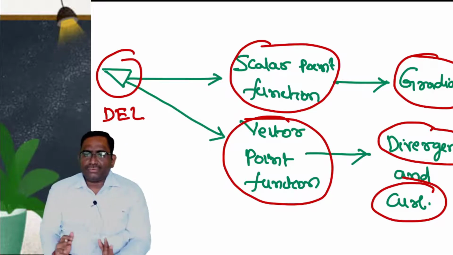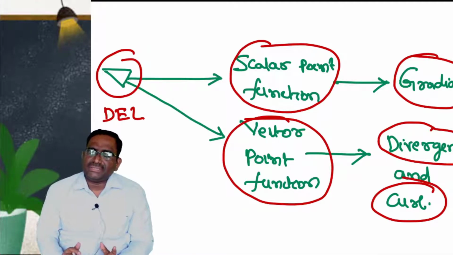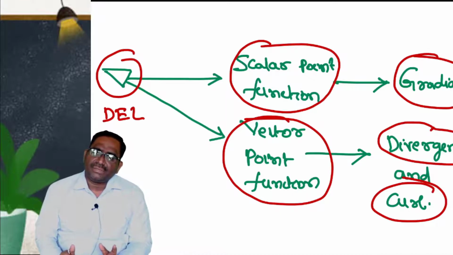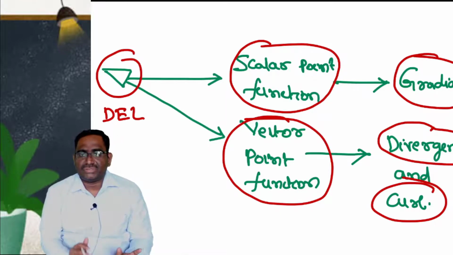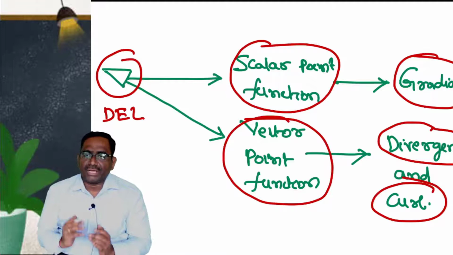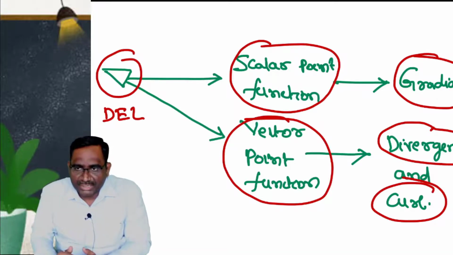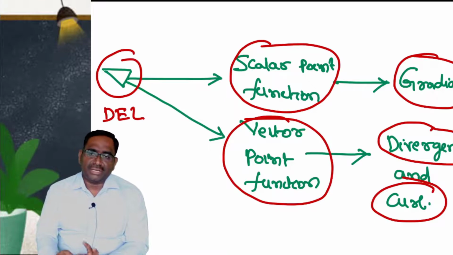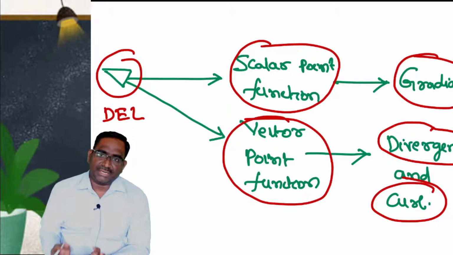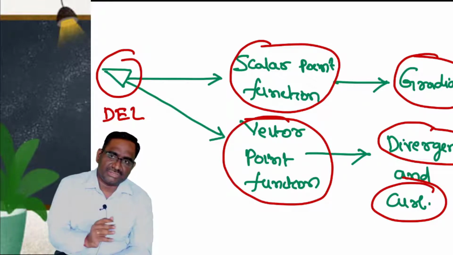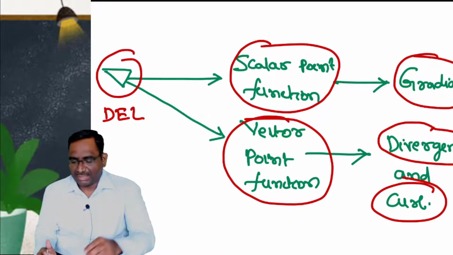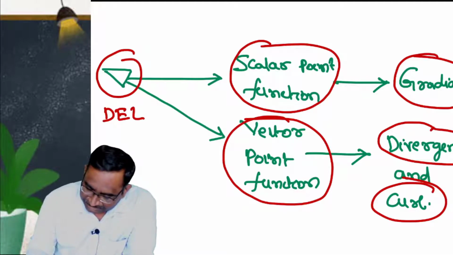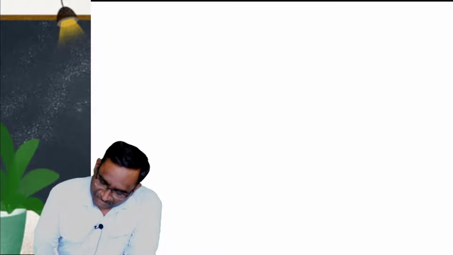So, if you remember this point, it is easy to understand the remaining topics in this unit. What are the different problems related to gradient, divergence and curl. Right. Now, let us see. The very first one,